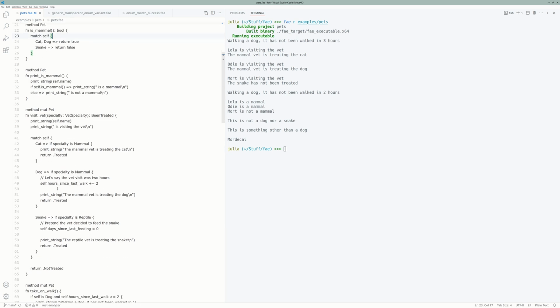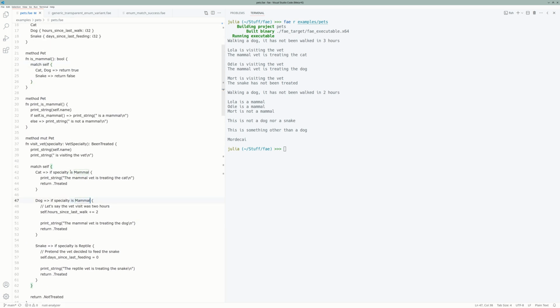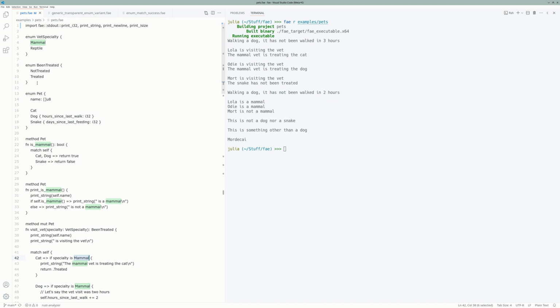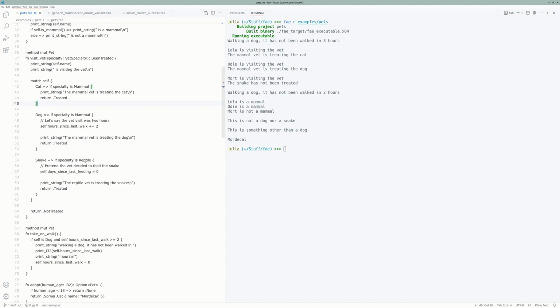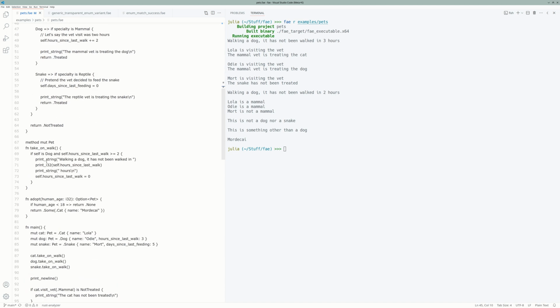So we've covered is checking, and of course if it's just a normal enum, normal in air quotes, technically this is also aliasing specialty as a vet specialty.mammal. Doesn't matter. If it had any shared fields, you'd still be able to access them. So I'm pretty fond of this, actually. It works out pretty well. Here's that,